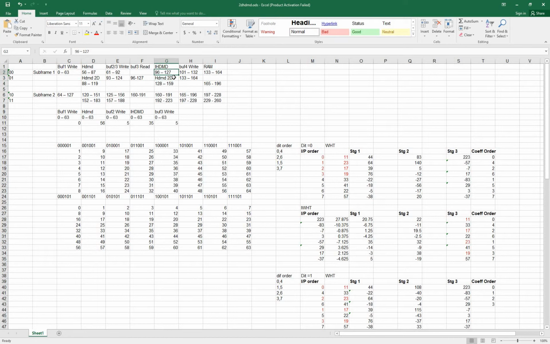So the 96 to 127 outputs will be stored at 101 to 131, and the 128 to 157 outputs will be stored at 133 to 164. So the final RAM, the output VGA RAM, will start storing the signals from the 133rd clock cycle. It means if the frame starts at the 0th clock cycle, it will start storing the watermark or transformed coefficients from the 133rd to 164th clock cycle.